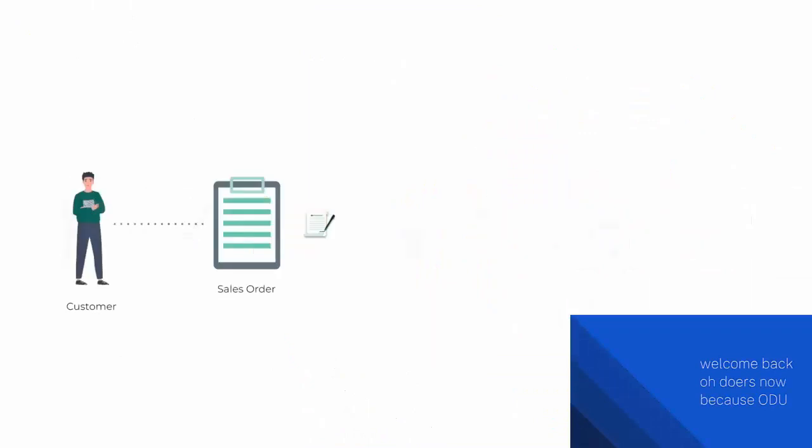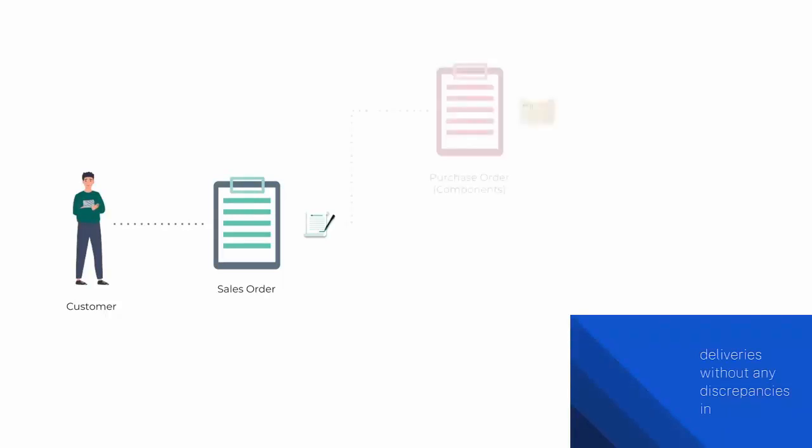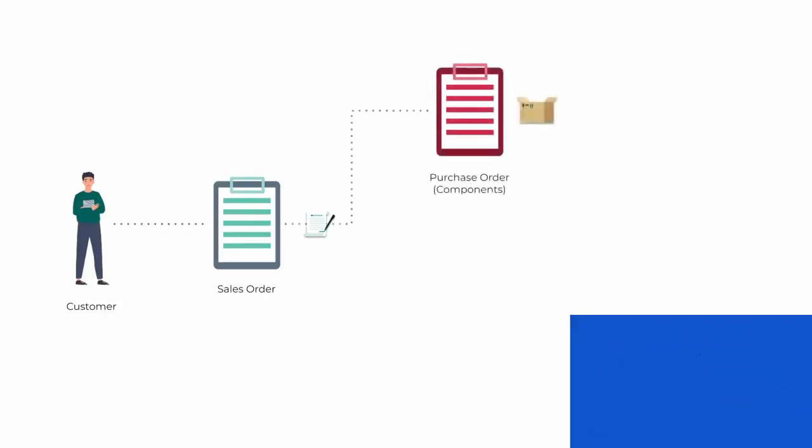Odooers, now, because Odoo integrates operations between apps, we can manage sales, production and product deliveries without any discrepancies in the business flow. Now, to make our lives even easier, we can set up automatic actions in Odoo triggered right when a customer buys a product. Now these